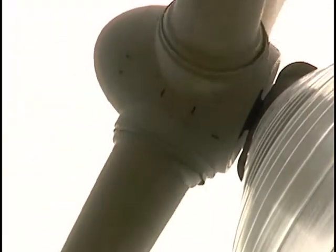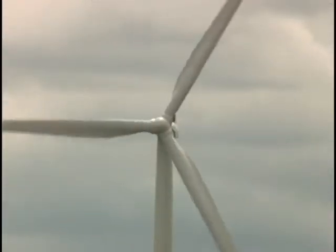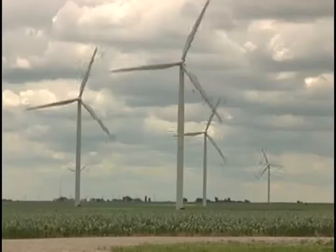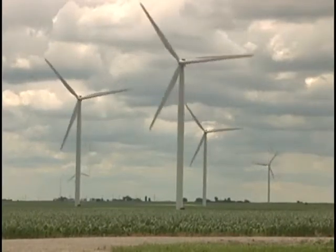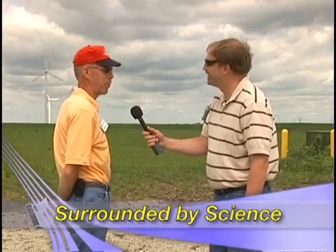The nacelle is the little cabin that's on top that holds the generator. The blades are 135 feet long, which makes it, when the blade is at the peak of its arc, over 400 feet off the ground, which is about 100 feet taller than the Statue of Liberty. The circumference of the arc that the blades make is about 50 feet longer or wider than the wingspan of a 747. So they don't look quite as big, but when you're standing underneath them, they're a pretty good sized